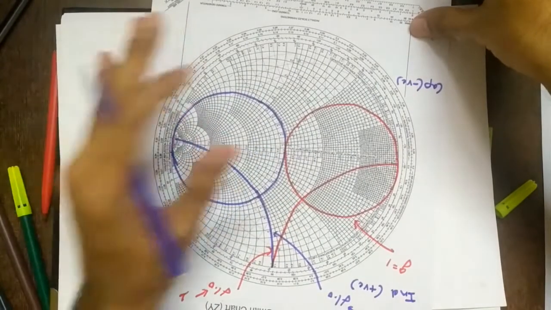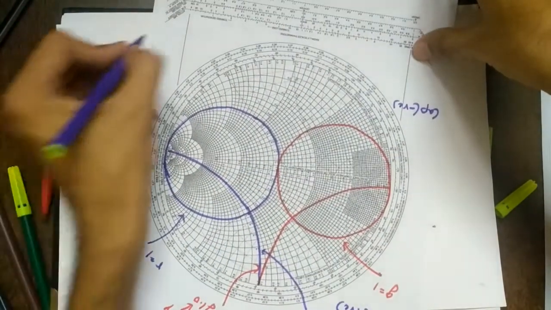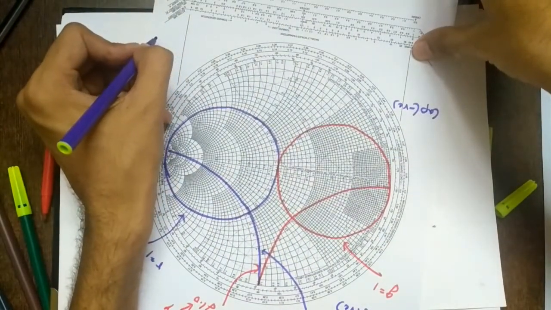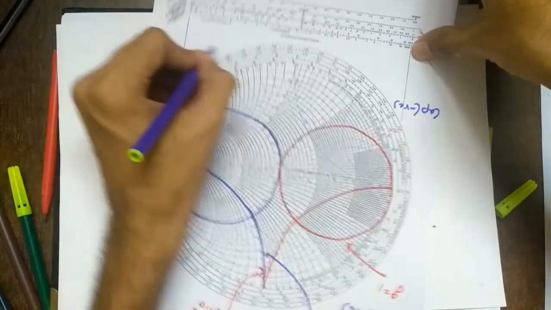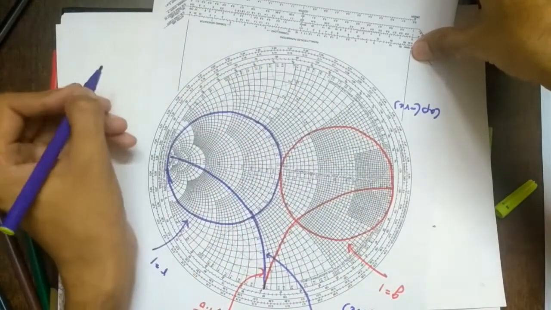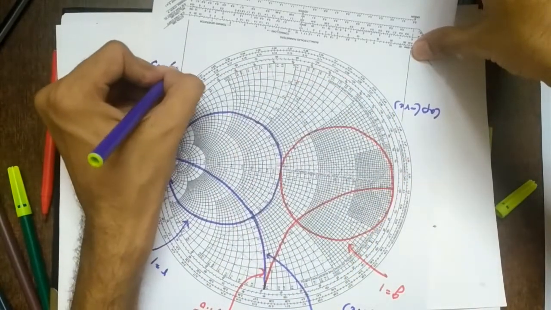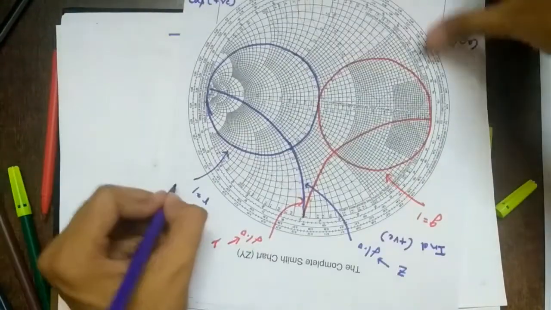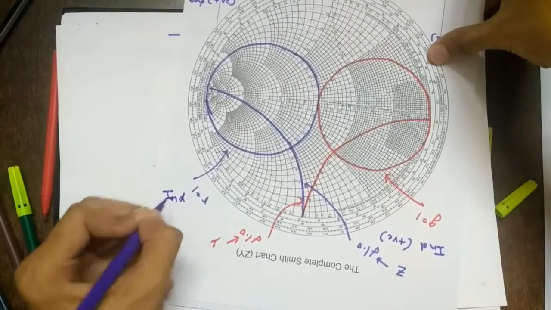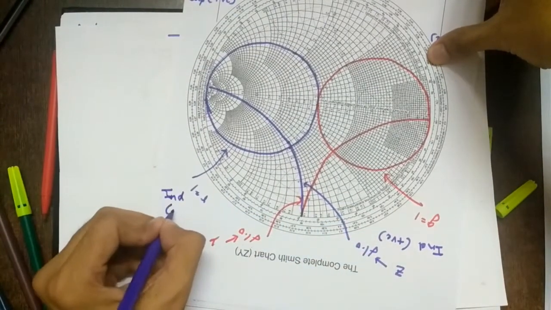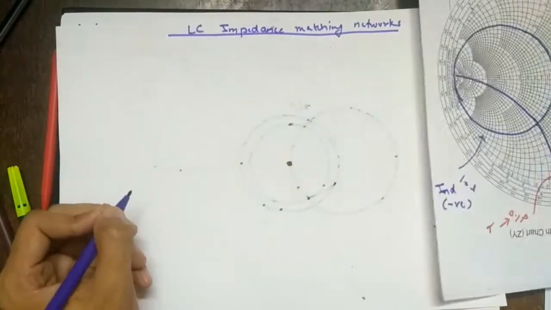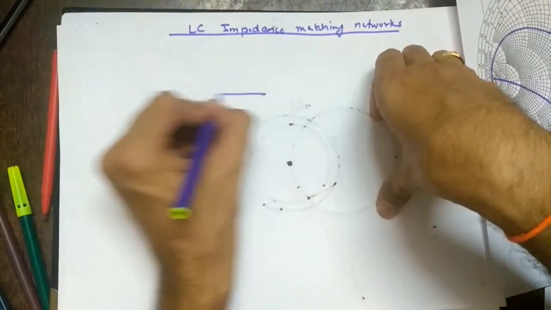Then we go to the admittance Smith chart. So now this is admittance, right? Then here what we have is, this part is capacitive only. But what will be the admittance of it? Since impedance is negative, admittance will be positive. Similarly, this will be inductive only. Since impedance is positive, admittance will be what? Negative. Why is it? You can draw a simple table.